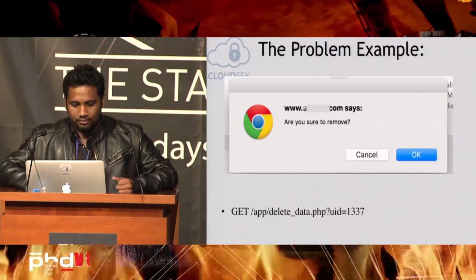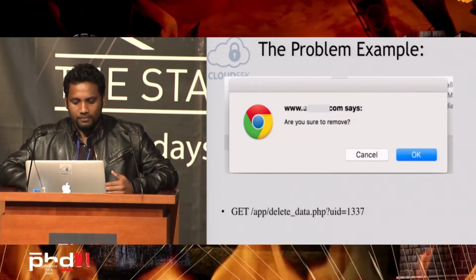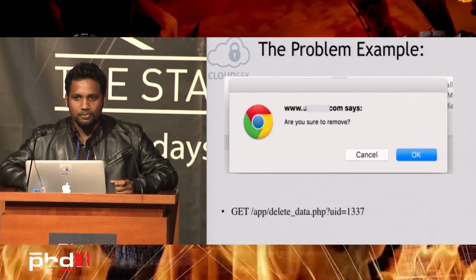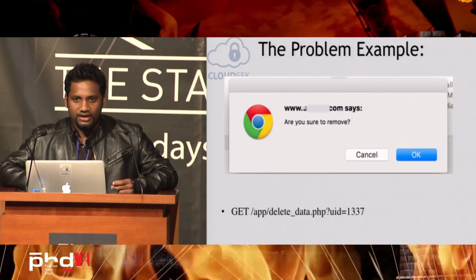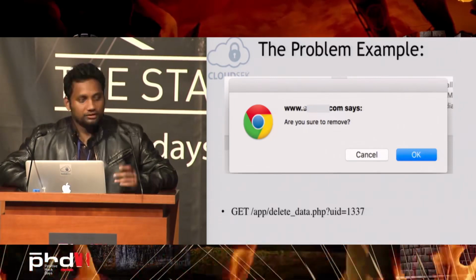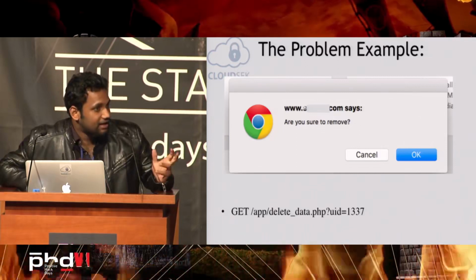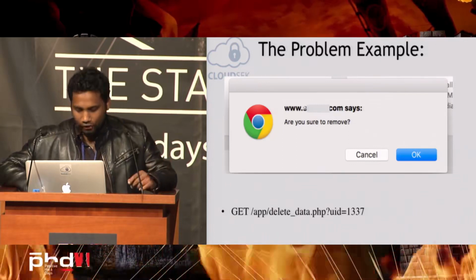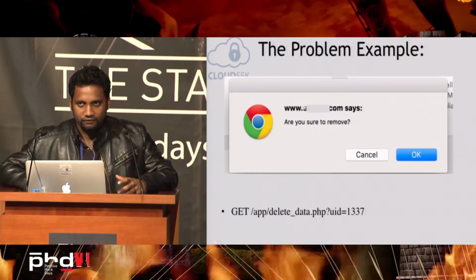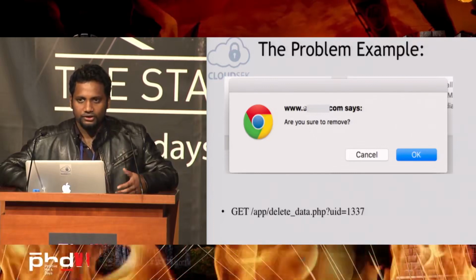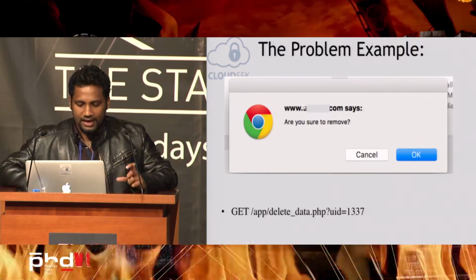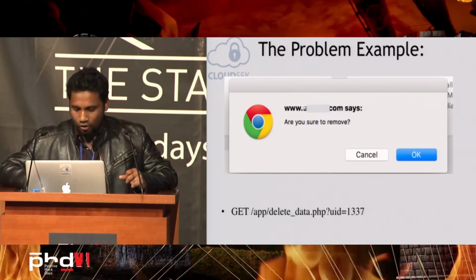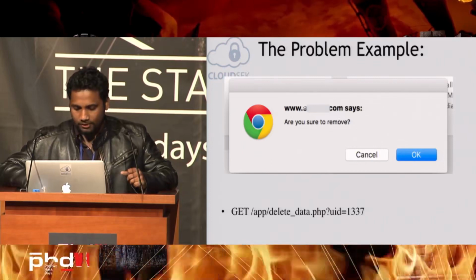The same goes for another problem: dialog boxes where the user is asked to interact, to choose a particular option out of two, and only if he chooses the right option would he trigger the right API, the delete data API request. If you press cancel, the request would never be triggered. If you press OK, then only the request would be triggered. These sort of interfaces are very common in the new JavaScript based web applications, and my talk would explain how we could solve this particular problem and how we could make more intelligent automation solutions using AI.